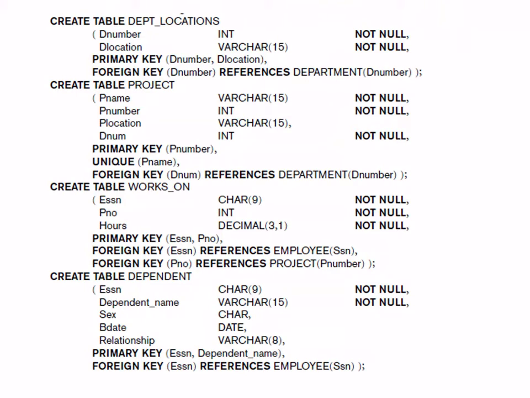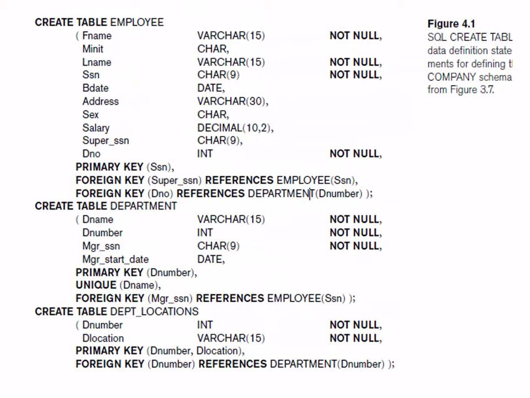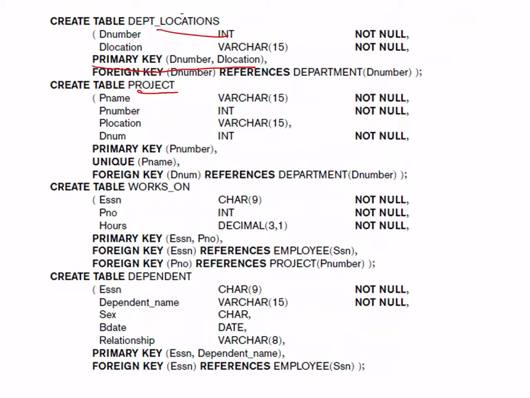Then I have a couple of other tables also, so you can just carefully go through them. There is department location and its primary key, again two columns. I think I have repeated the department location table here in this screenshot as well. Now there is a project table wherein there are four fields. The primary key is P number, and there is a unique P name. P name is not the primary key, but it is expected to have all unique values. Project names have to be unique.